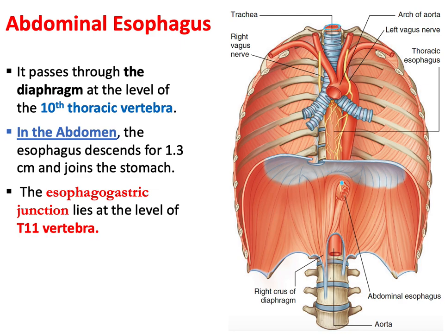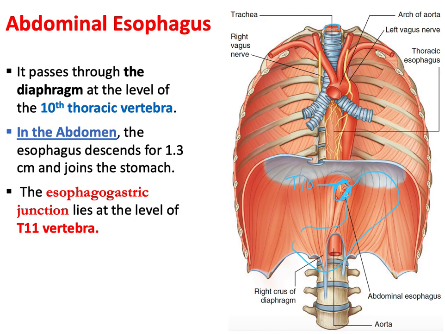esophagus that pierces the diaphragm at the level of T10, at the level of thoracic vertebra number 10, and indeed it extends just in the abdomen for a short distance, about 1.3 or up to 2 centimeters, to then join the stomach. So I would like here to remind you that yes, the esophagus pierces or penetrates the diaphragm at the level of T10, thoracic vertebra number 10, but at the same time, after 1 or 2 centimeters, it joins the stomach at the